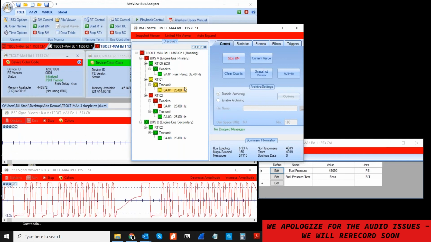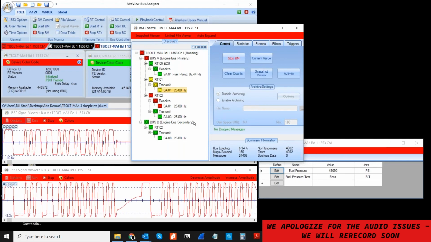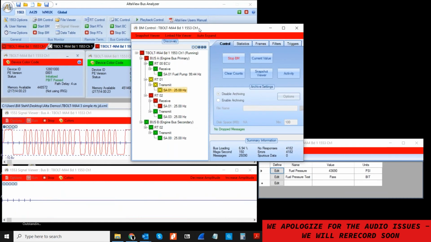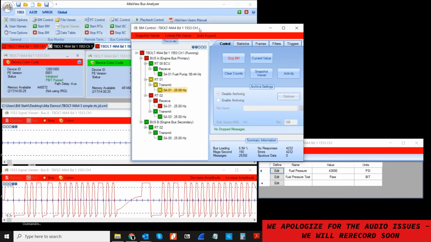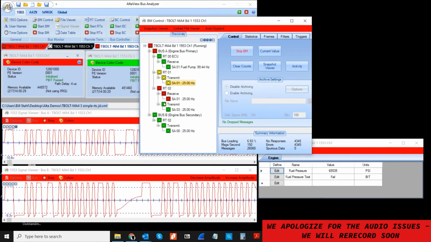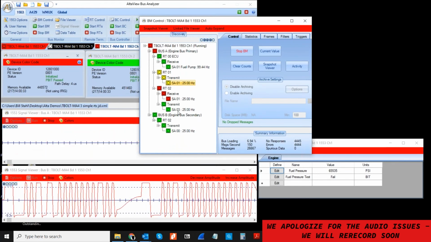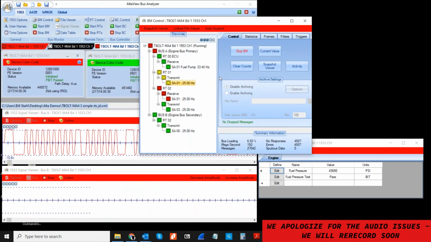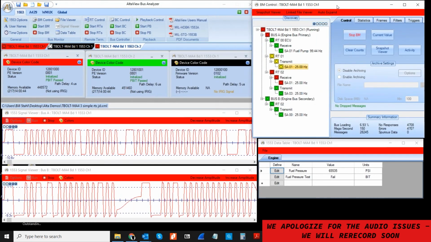Okay, now everything I've been showing you so far has not required any programming. This is all information that's provided passively, if you will, or without any user programming. To create this tree right here required nothing more than simply running the bus monitor. To start these guys up required nothing more for the signal viewer than